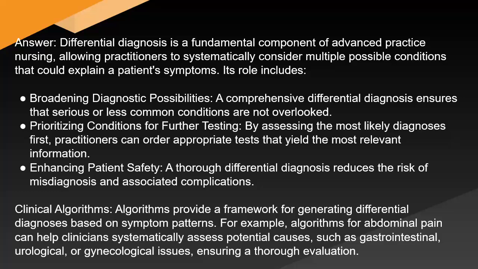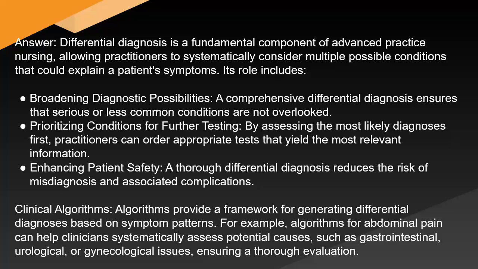Prioritizing conditions for further testing: by assessing the most likely diagnosis first, practitioners can order appropriate tests that yield the most relevant information. Enhancing patient safety: a thorough differential diagnosis reduces the risk of misdiagnosis and associated complications. Clinical algorithms: algorithms provide a framework for generating differential diagnoses based on symptom patterns. For example, algorithms for abdominal pain can help clinicians systematically assess potential causes such as gastrointestinal, urological, or gynecological issues,